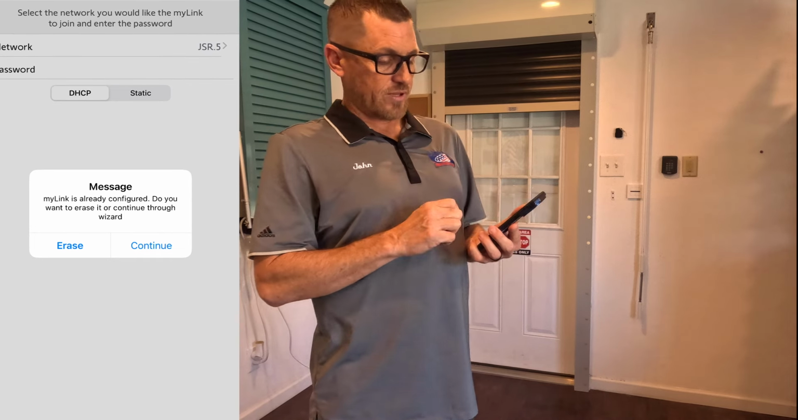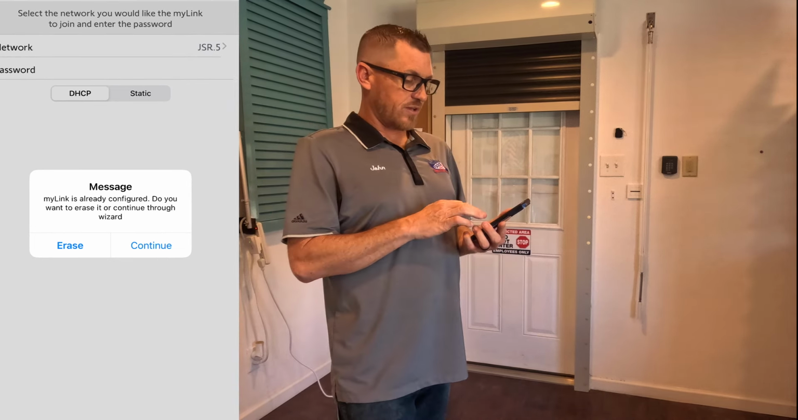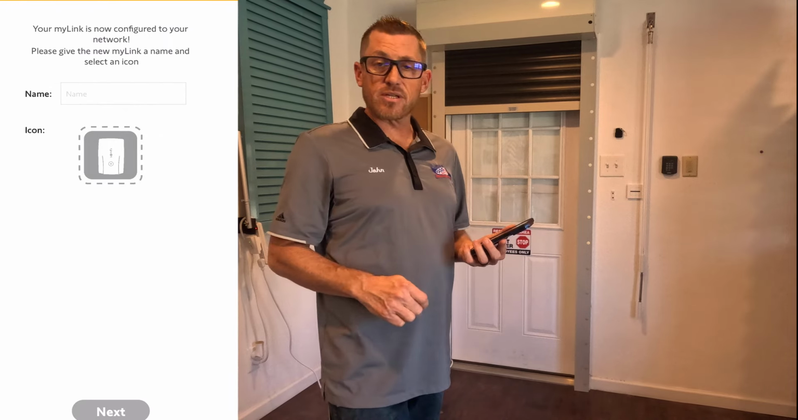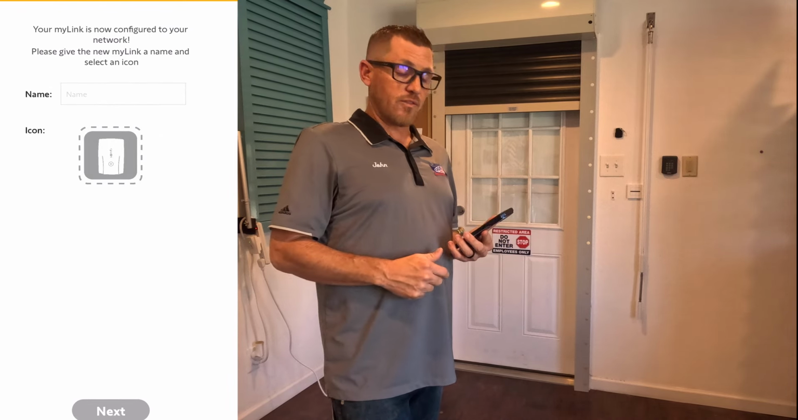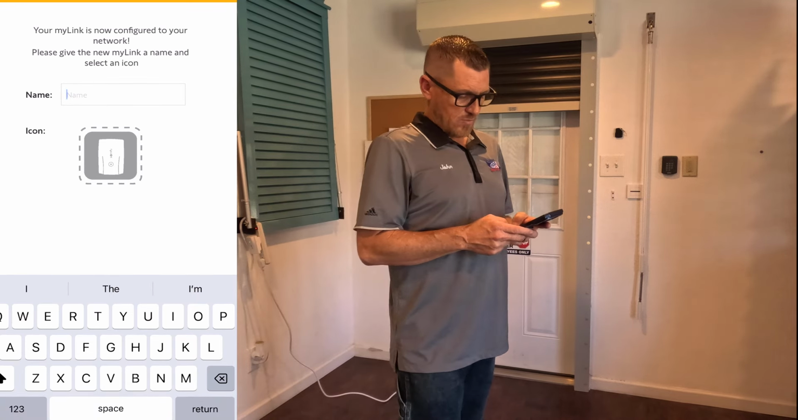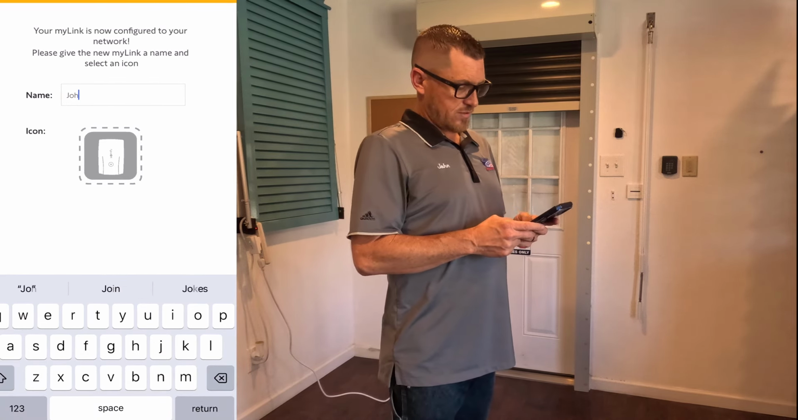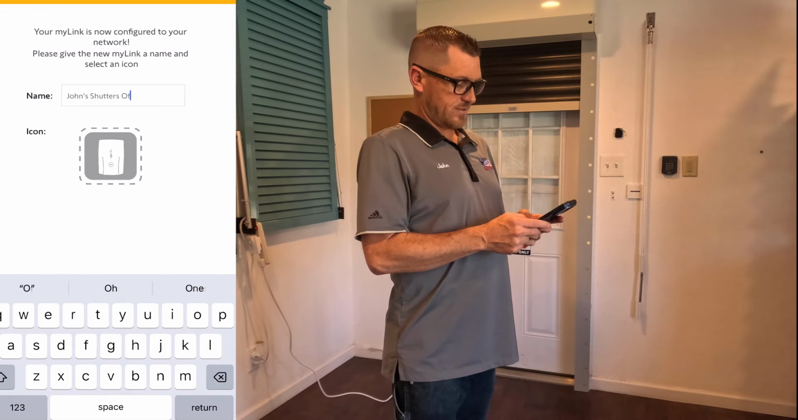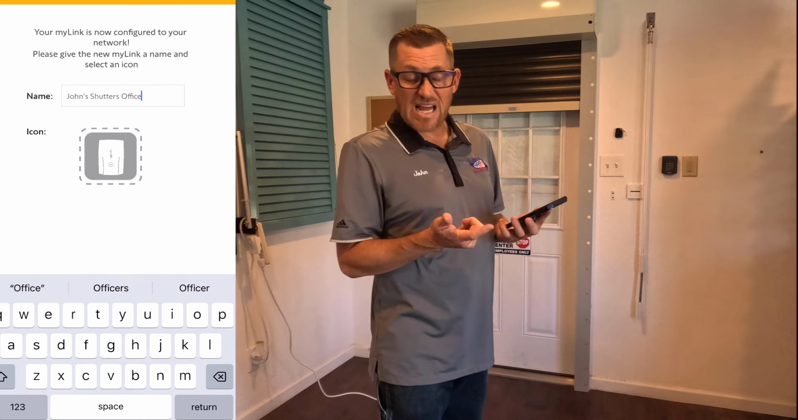And you'll notice from the links on here, ours was already configured, but I'm going to go through the erase function because I want to show you what it's like to commission the Mylink on the first try. So the first thing we're going to do is we'll give it a name. We'll call this one John's Shutter's office. Okay, we're going to select an icon,